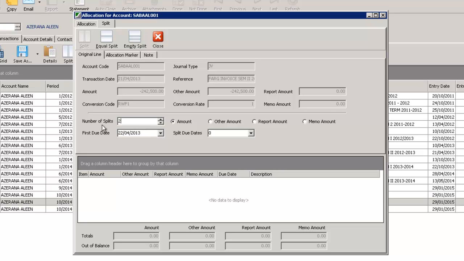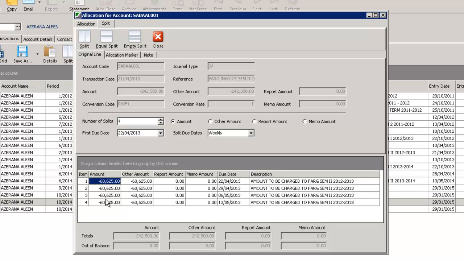To do this, I could actually choose the number of weeks, in this case 4, choose a start date, and then decide how I wish to split this, maybe weekly. So when I choose to split, it will now split the transaction into 4 weekly payments and actually assign a due date to each payment within the system so that we can then see that in our granular display of the transactions. Equal splits, you can see that it now breaks that down correctly based on the due dates that